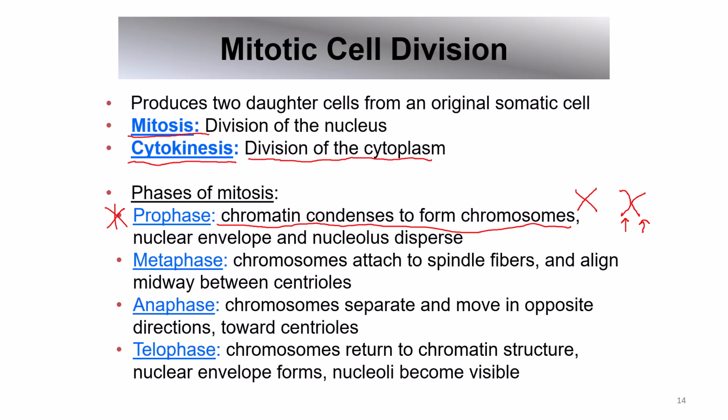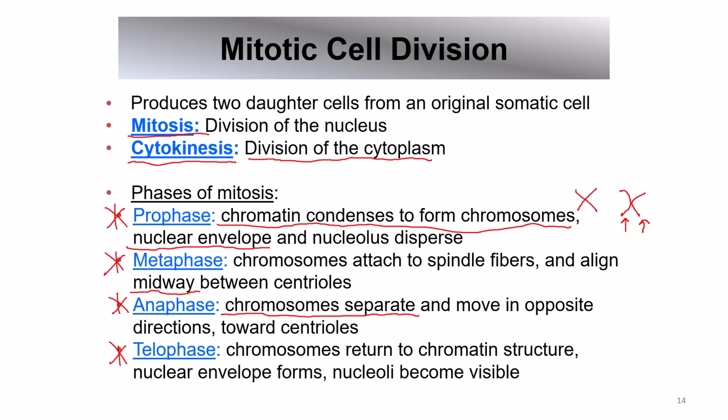Also during prophase, the nuclear envelope and the nucleolus are going to break apart, and the mitotic spindle is going to form. During metaphase, the chromosomes are going to line up midway. They're just going to line up in the middle part of the cell, also called down the equator. In anaphase, we're going to separate the 2 lines of the X's. So here the chromosomes separate, move in opposite directions. The mitotic spindle, those spindle fibers, are going to pull these 2 lines of the X's, or the sister chromatids,